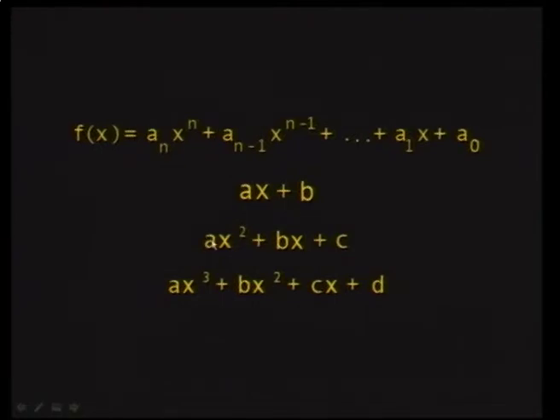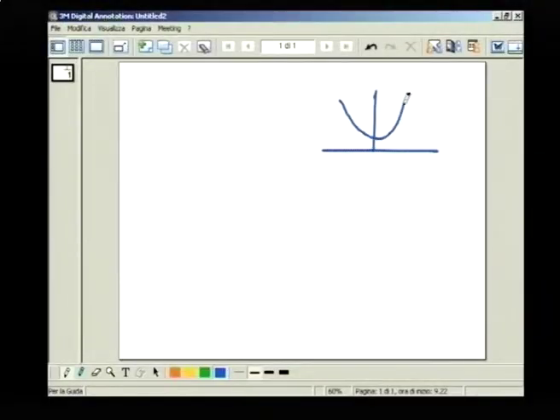Now, if a is positive, you get the parabola open from above, and it's called concave upwards. Whereas if a is negative, then you get something like this. Now, in order